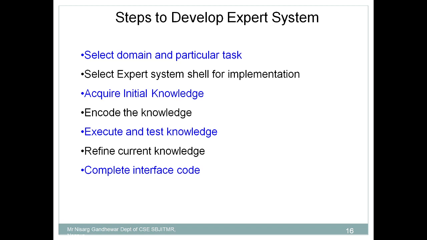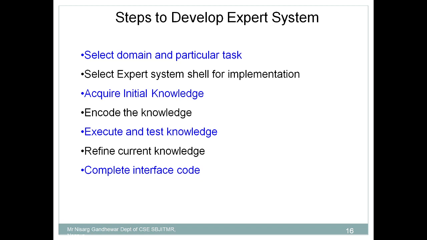Next, execute and test the knowledge. Testing is very important. Once you feed the knowledge into the knowledge base, after that you need to check whether my system is working properly or not. Suppose I enter the symptoms, then whether it gives a correct prediction for cancer or not. Sometimes it may happen that the symptoms are different but still it is predicting that the person is suffering from cancer. So it is very dangerous. I told you initially that an expert system is not 100% guaranteed. Okay, you can't say that an expert system totally helps us to replace the human being. Up to a certain level it can be replaceable, but not 100%, right? So execute and testing of the knowledge is the next phase.